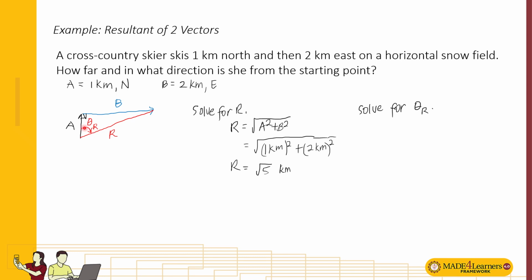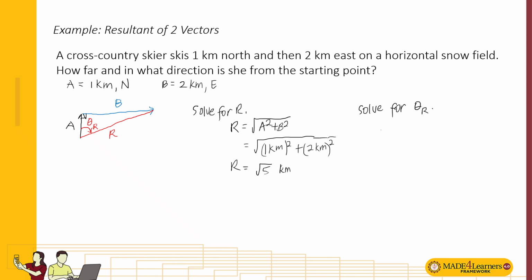So the side opposite to this angle is vector B, and adjacent to it is vector A. So it's not always arctangent of vertical over horizontal components. Depende na case to case basis. The angle here is not measured from the horizontal, it's measured from the vertical. So double check. Ganito ni imong knowledge sa trigonometry sa pag-solve. Di kay memorize lang sa formula, bisag lahi nga angle ang gigamit.